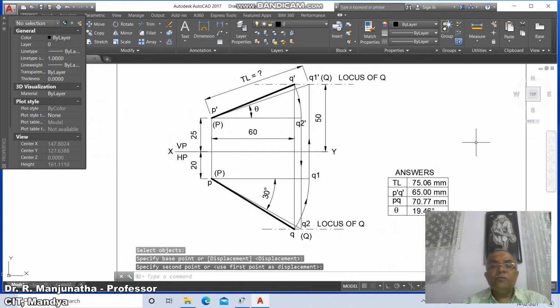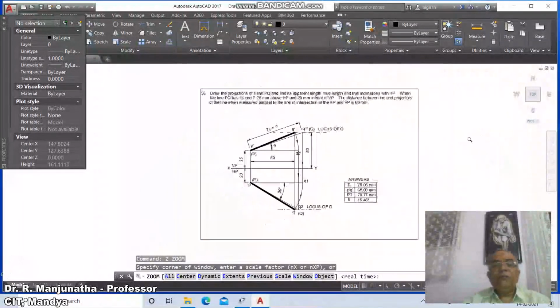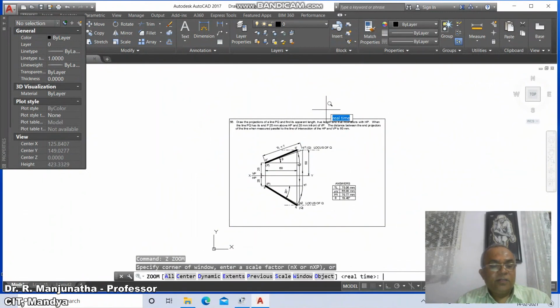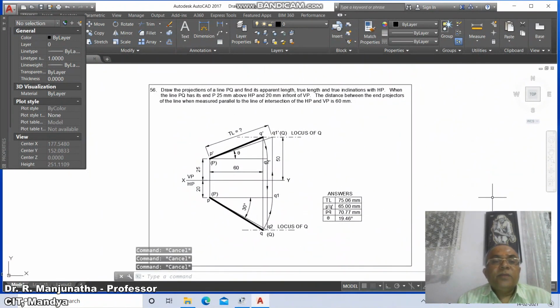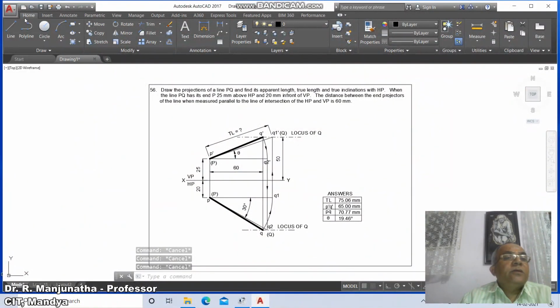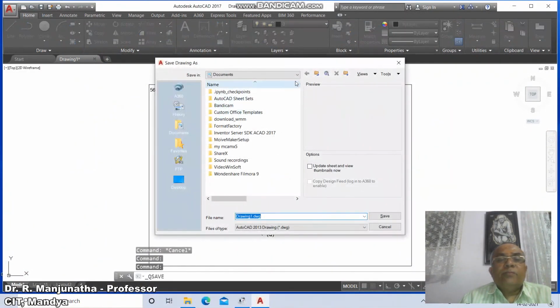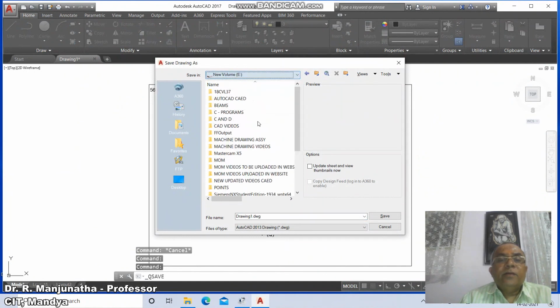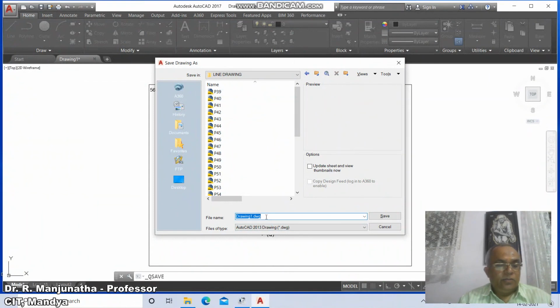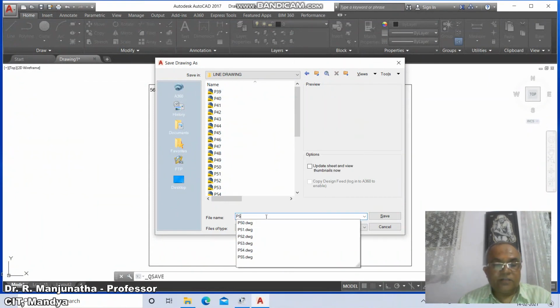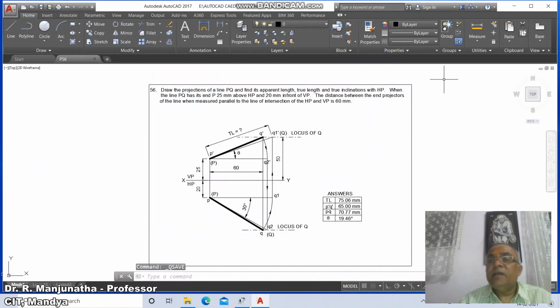So this is how you will be able to solve the problem in AutoCAD software. Then go to zoom window, you take it near to the screen. Then this is how you will be able to get the solution. Then close this, then go to save, go to appropriate drawing, line drawing, and here you type P56 and save. And finally you